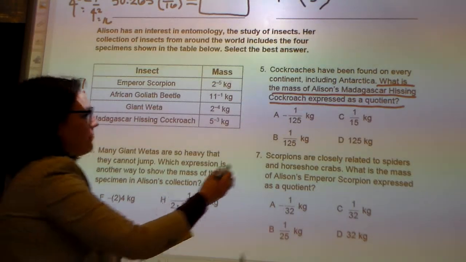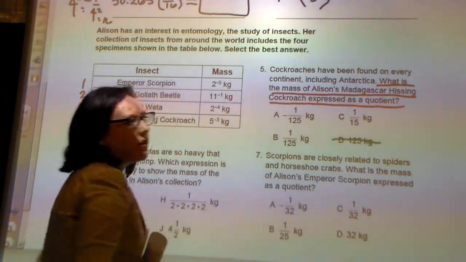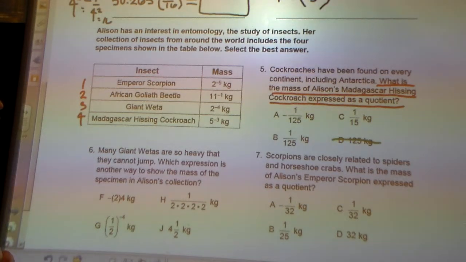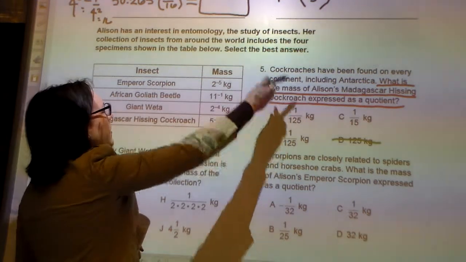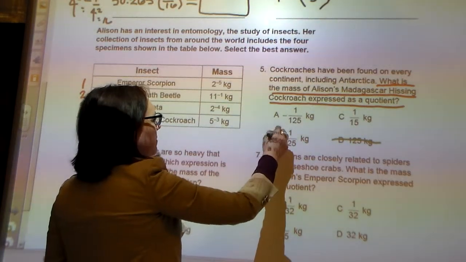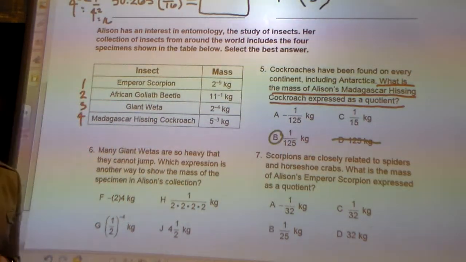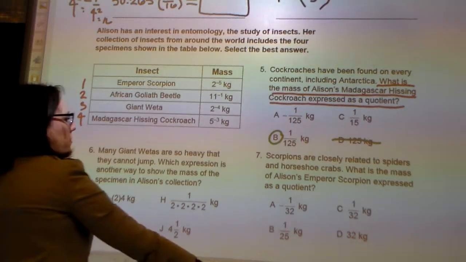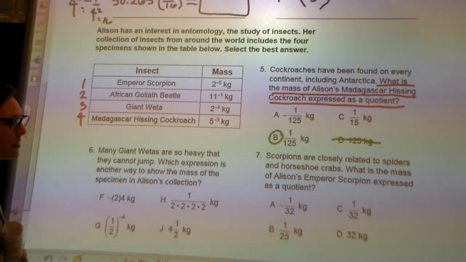I can honestly immediately cross this one out, right? Because I know that it's going to be a 1 over. Is it A? Because it's a negative. Are we sure? Have any of ours up here had a negative? Nah, B. B, exactly. And why is it B, Jadarius? Because we slash that 8. Because 5 to the 3rd power is 125, and we know that when it's a negative exponent, we're going to go 1 over. So together we're going to underline the important information of the last 2 questions,